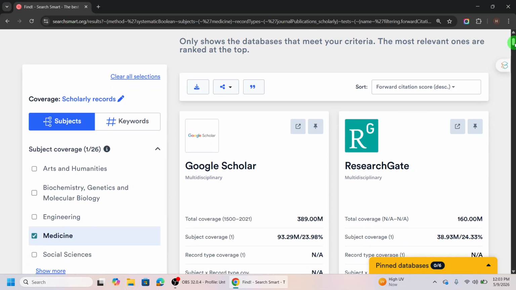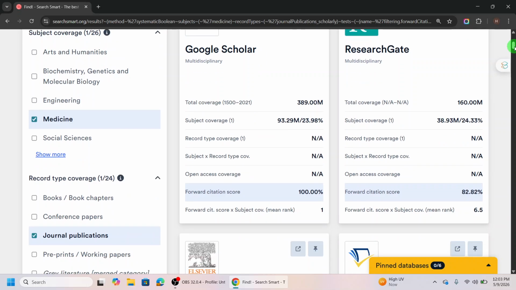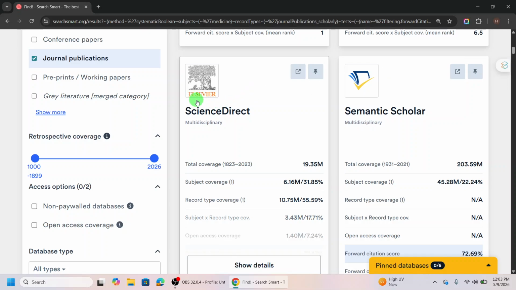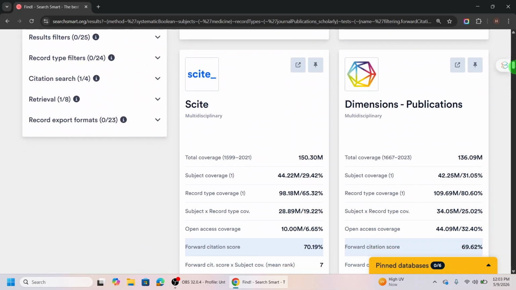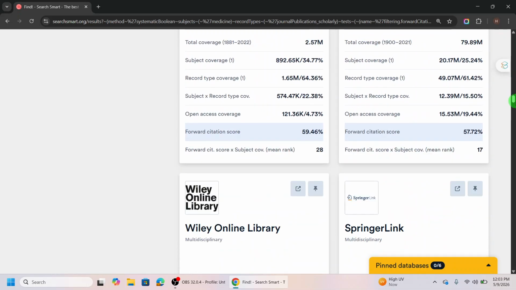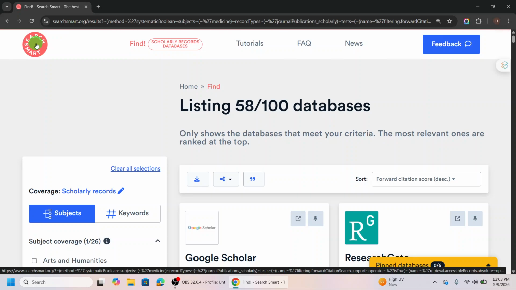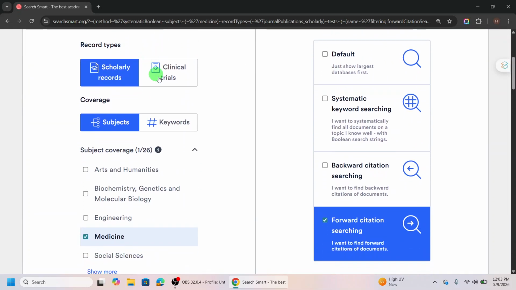So this basically means that if you are looking to get research papers related to the area of medicine, even then Google Scholar is the first reference, and then you can head on towards the Elsevier journal, and you can have excellent results based on the area of medicine. So again, you can go through certain search engines and see what kind of results these search engines can provide you. And let's quickly go back to the Search Smart main interface